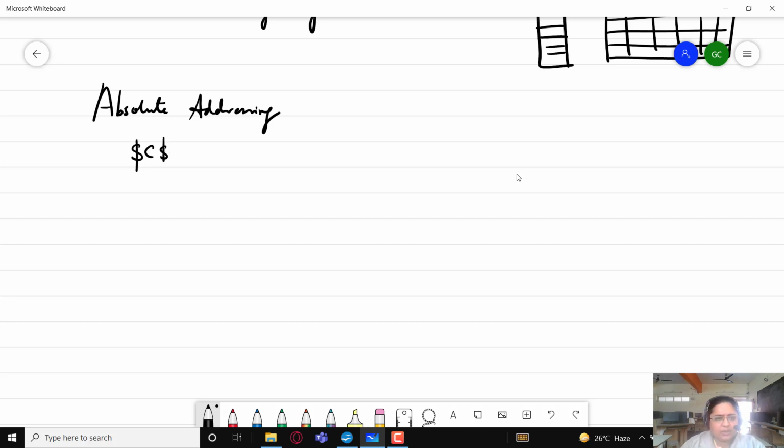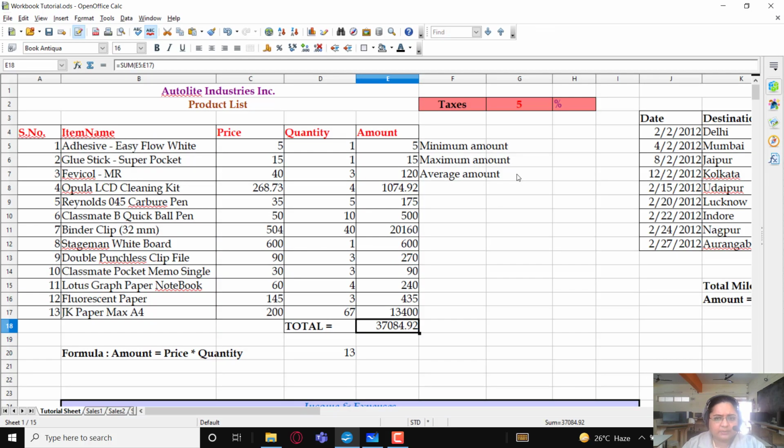Suppose $C$5. This will make the cell address constant. That is, the cell address will not be changed even when the formula is extended across rows or columns. So as an example of this, let us take the case of increase in taxes.